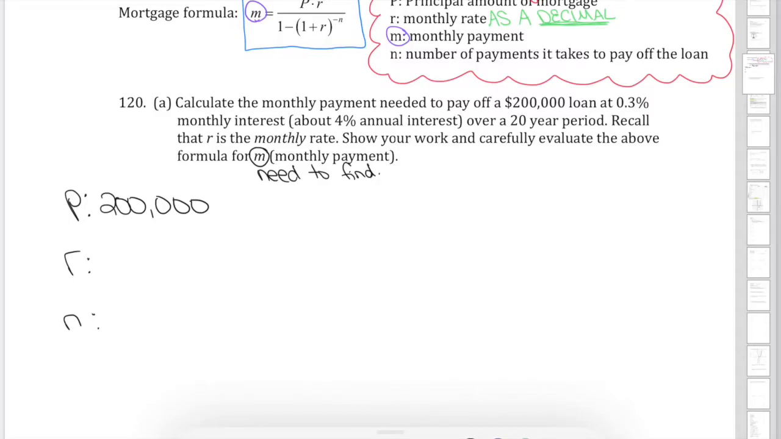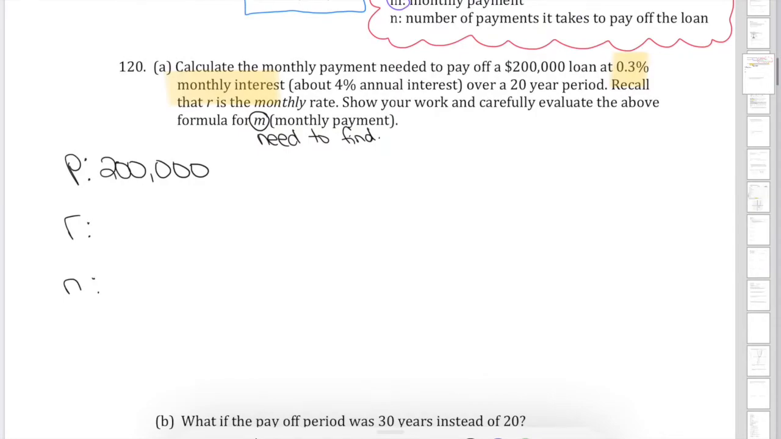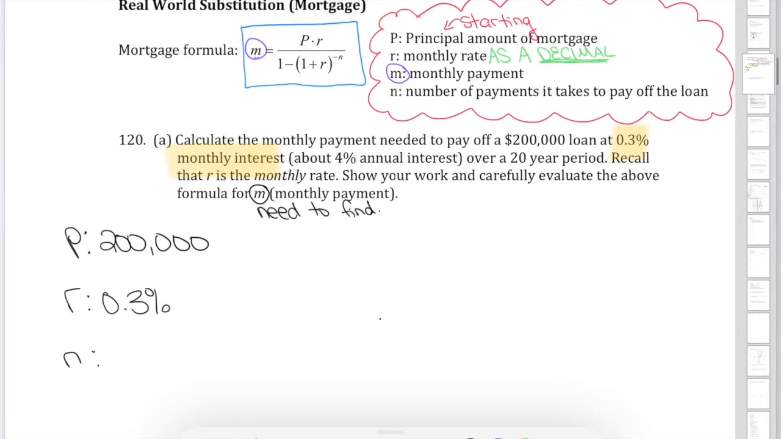Okay, R is the monthly rate. There are 2% here, there's 0.3%, and there's 4%. Make sure you look at the monthly rate. Do not let that throw you. 0.03 is the monthly interest, or sorry, 0.3. So 0.3% is the monthly interest, but if you go back up, remember that needs to be